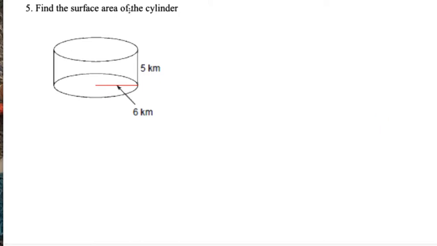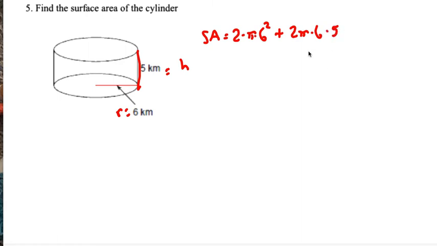Problem number 5 says find the surface area of the cylinder. This is the radius, 6 kilometers, and the height, the distance between these two, is 5 kilometers. So the surface area is going to equal 2 times pi times the radius squared, which is the area of both ends, plus the circumference of the circle, which is 2 times pi times 6, times the height, which represents the rectangle. All told, the surface area works out to